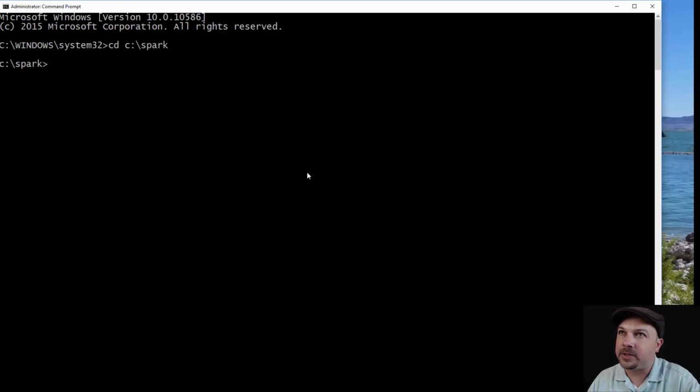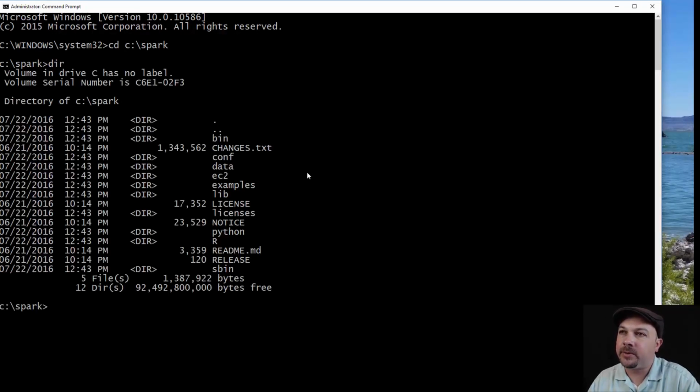c:\Spark, which is where we installed Spark in our previous steps. Make sure that we have Spark in there, so there's all the contents of the Spark distribution pre-built. And let's look at what's in here. So there's this big changes.txt file that's a change log. That's an interesting file. So let's write a really simple Spark program that counts how many lines of text are